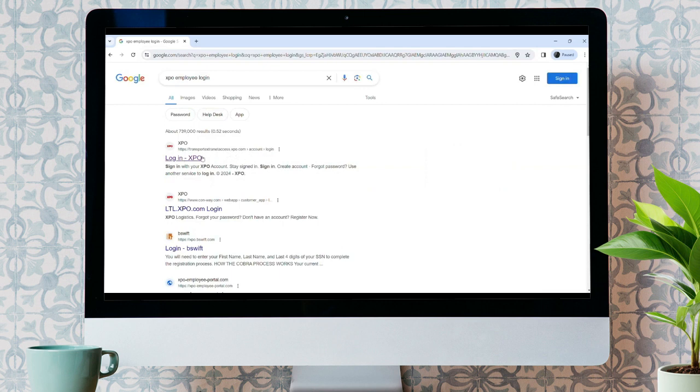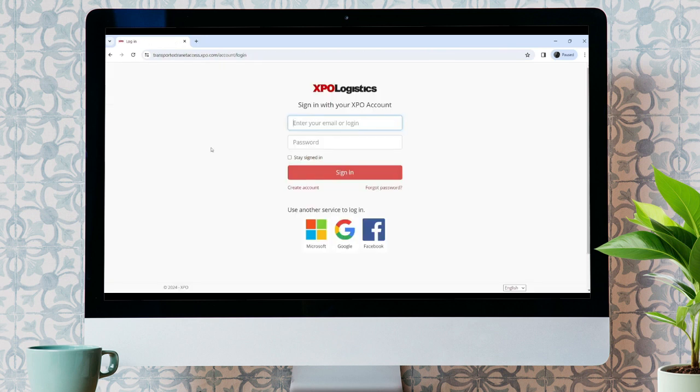Click over here, and you will be taken to the new interface. Now, over here, you can see the sign-in form, guys. You just need to enter your email or login. Similarly, enter your password over here. Click on Sign In for further use, and once you click on the Sign In button, you'll be able to